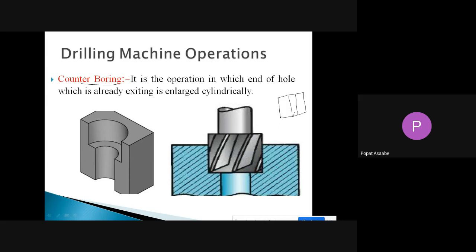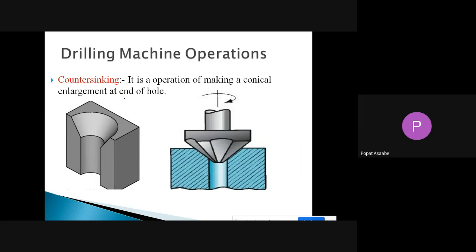Counter boring means that at the end of this hole, only that much portion, we enlarge the hole in a cylindrical manner. It is called counter boring.